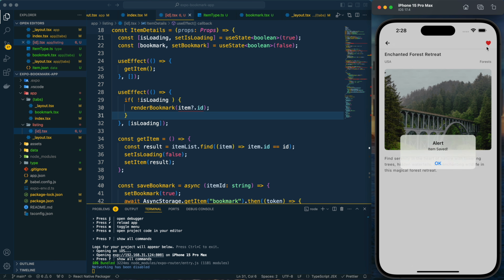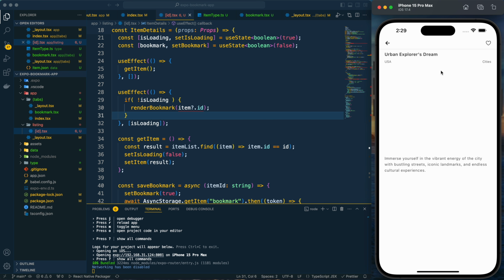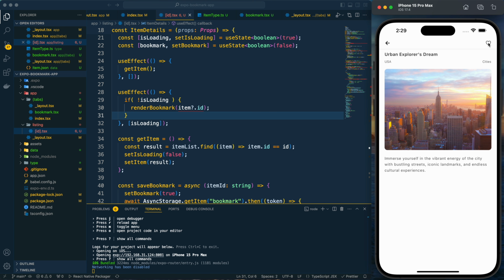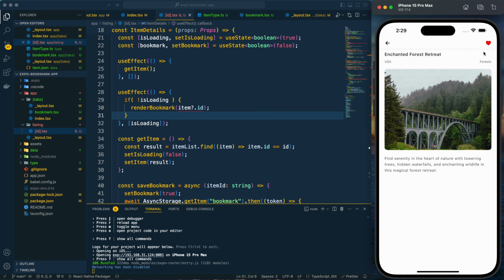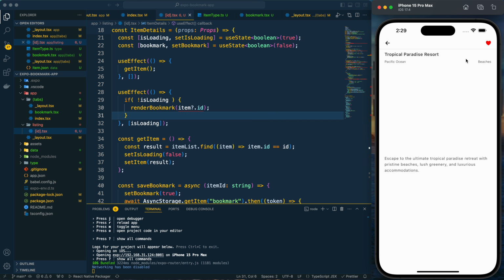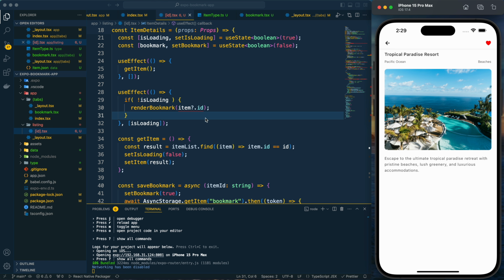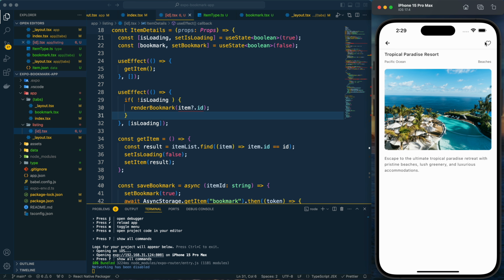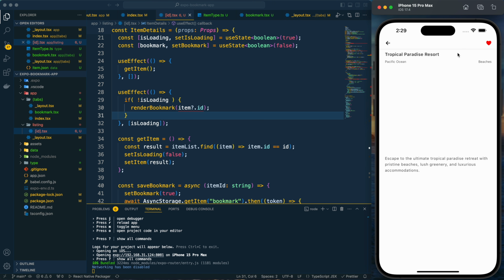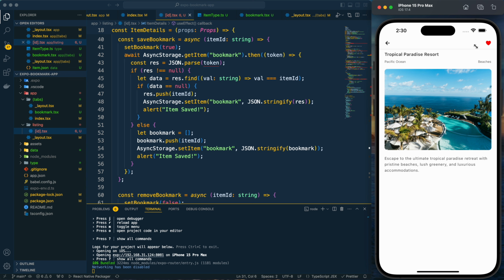So now if I check for other items also, I can see that this one I haven't bookmarked, so it is not showing that. But for this one I have just bookmarked it. Now it is showing as bookmarked, right? And it is the same for the first item also. So this render bookmark function is working perfectly well, as it should, and I can remove it, right? And now again if I go, then it is showing it is not bookmarked yet. I can click here and it will be bookmarked, right? So I am handling all the possible scenarios here.